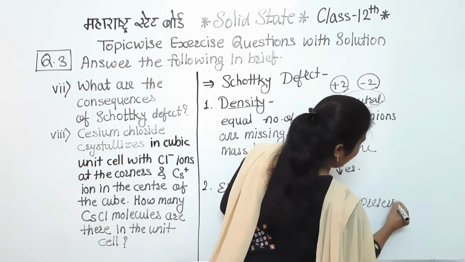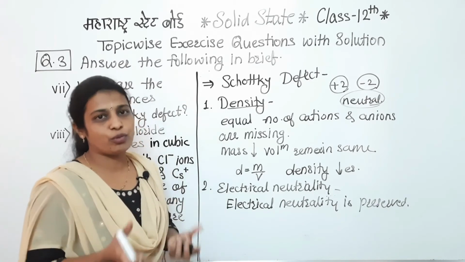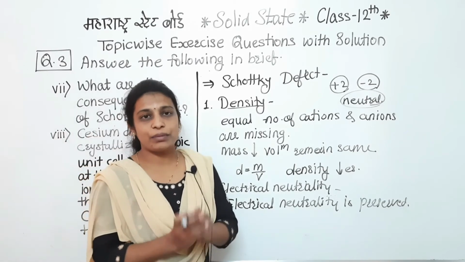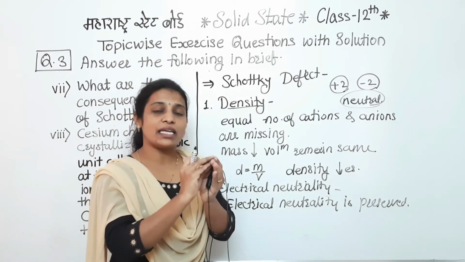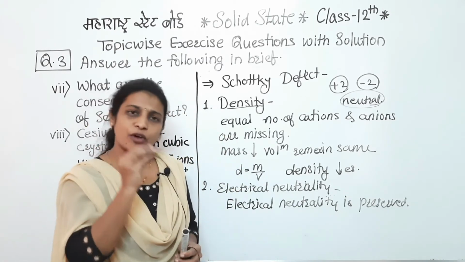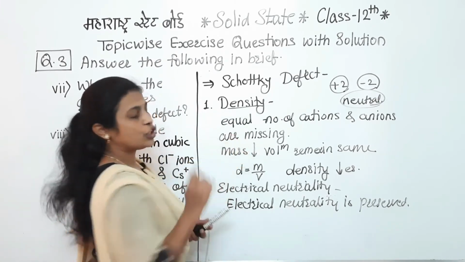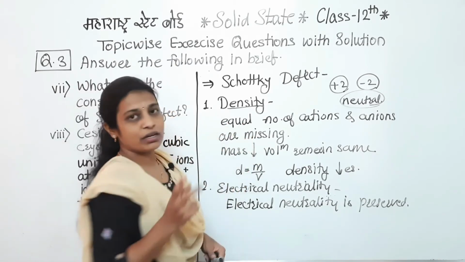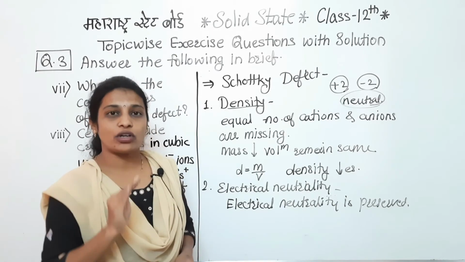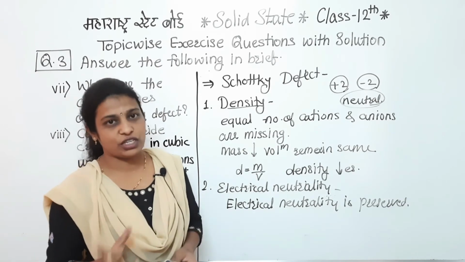So here we have completed our first question, the consequences of the Schottky defect. Now quickly I will tell the consequences of the Frenkel defect. In the Frenkel defect also, what is happening? Listen carefully. Only cations are leaving their place and moving into the interstitial space. Means the number of cations and anions remains the same. So there will be no change in the mass. In Schottky, the missing number is there, that's why it decreases, but in Frenkel defect it remains the same. That number does not change, means mass also remains the same and volume also remains the same.